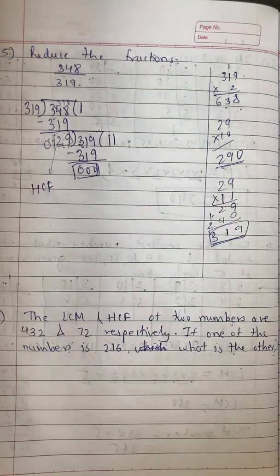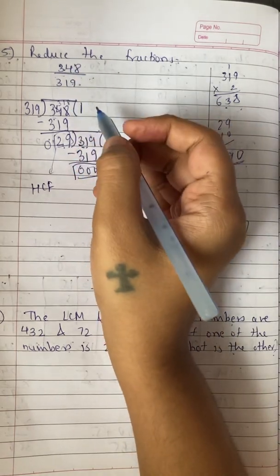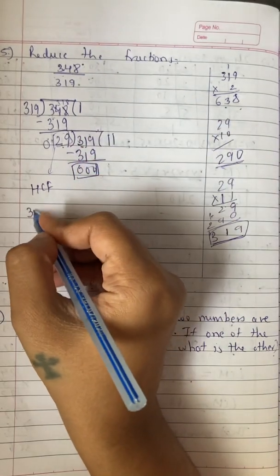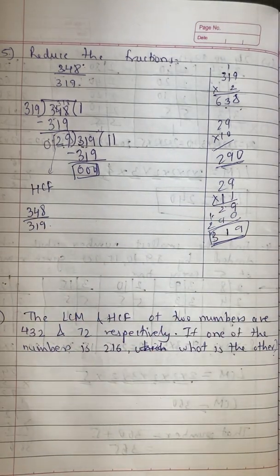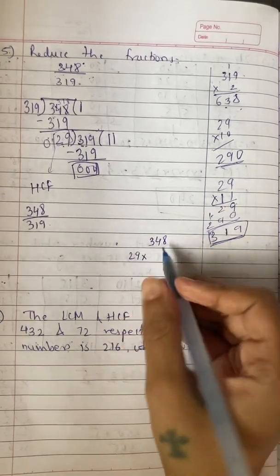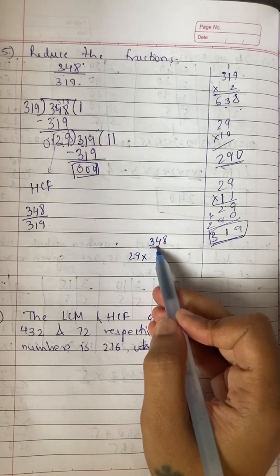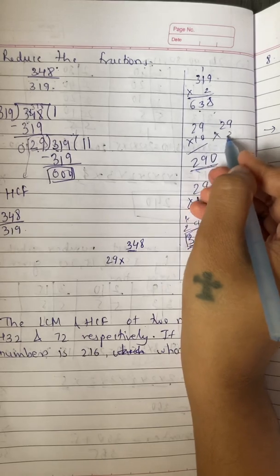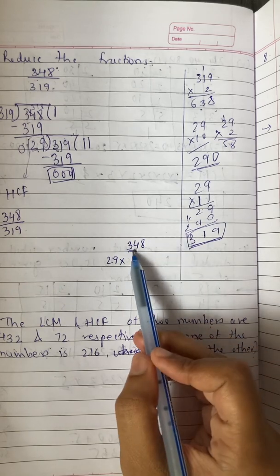But one more thing which we know about this number is what? 29 is divisible by 348 and 319 also. So in 29's table 348 also comes and 319 also comes. So we have to find out where exactly it comes. Write down 348 here first, and in 29's table we have to find out. First take 34. 29 ones are 29 and 29 twos are 58. So 58 we definitely can't take, which is greater than 34.